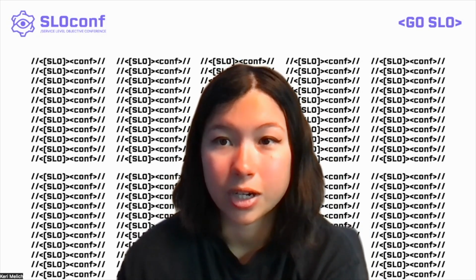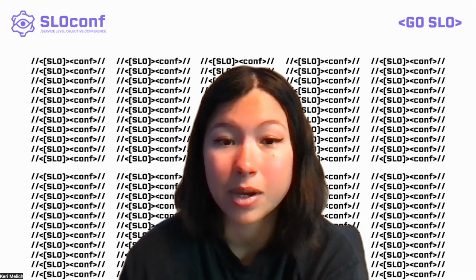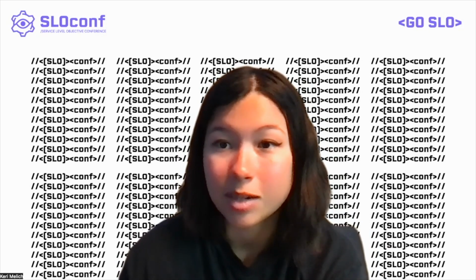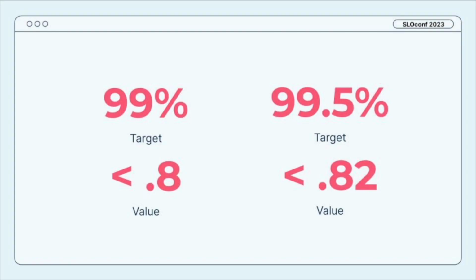So for an acceptable experience, I might want something like 99% of all values in this query to return under 80% of CPU utilization. And what that'll tell me is as long as I'm under 80%, my service should not be crashing, and my customers will continue to be able to use my login service without any interruptions. And that'll be my acceptable experience.